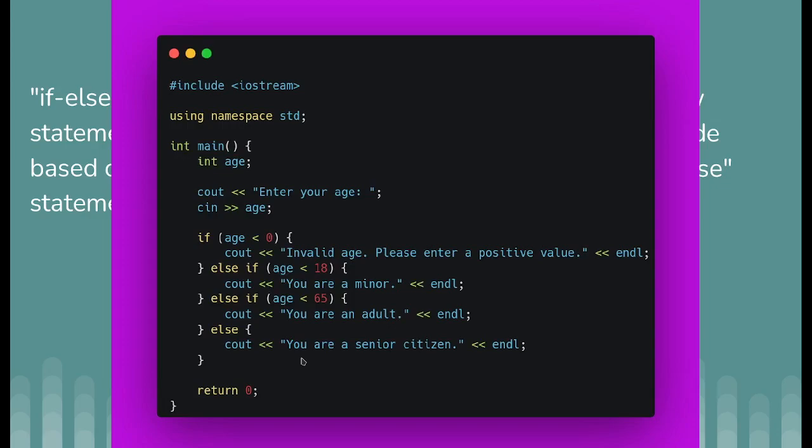Otherwise, if it's between 18 and 65, it will print you're an adult. Otherwise, if the age is greater than 65, it will print you're a senior citizen. I think it's clear. I don't know how much detail I have to explain, but it's the same as in Python, every other language. Just the syntax.